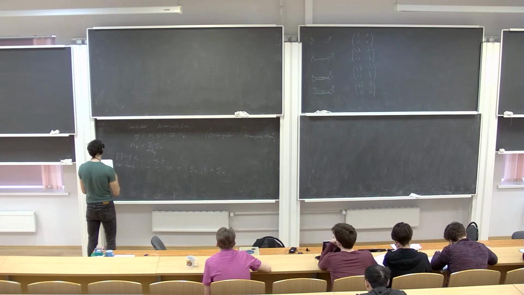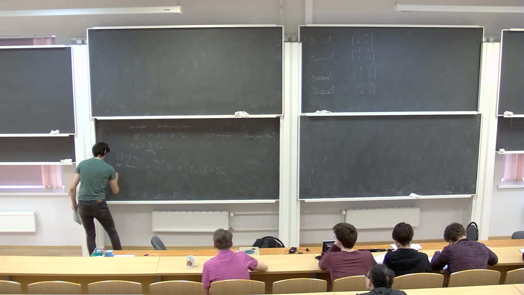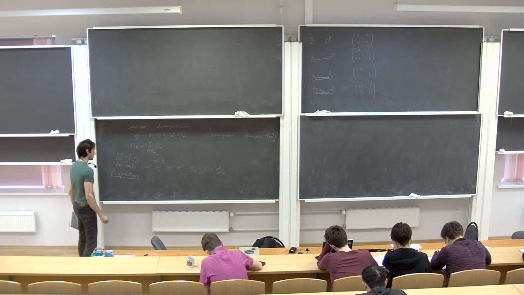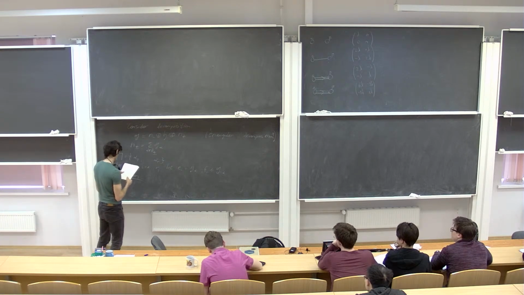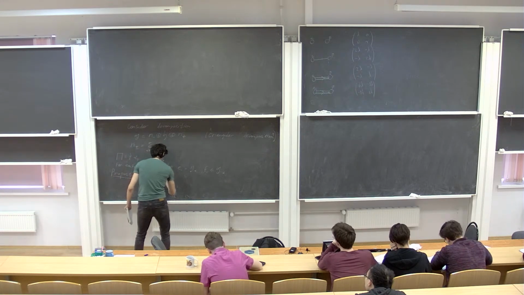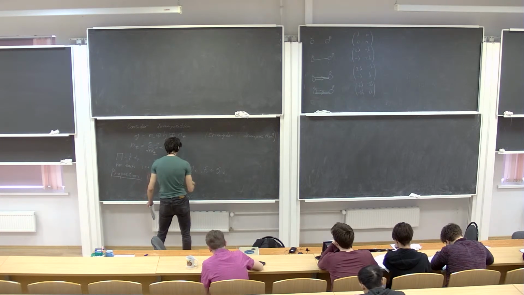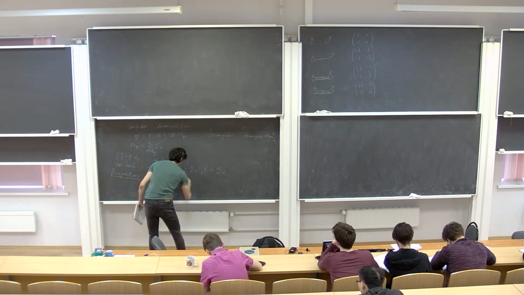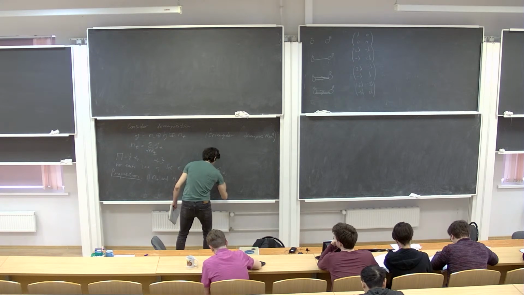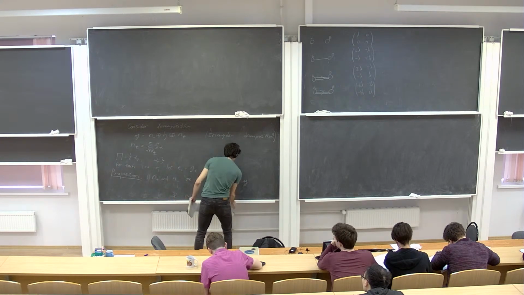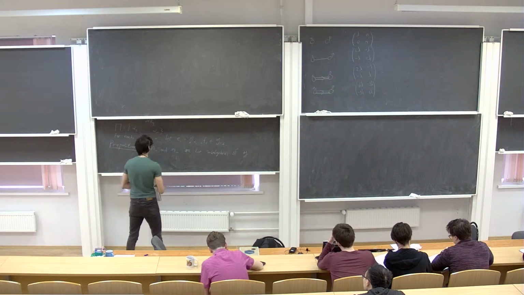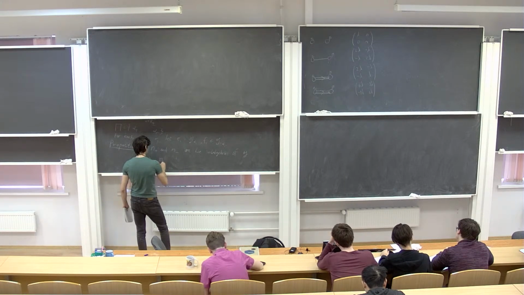Then we have the following proposition. First of all, regardless of this choice, n plus and n minus are Lie subalgebras of G. And second, which is less trivial, is that n plus is generated